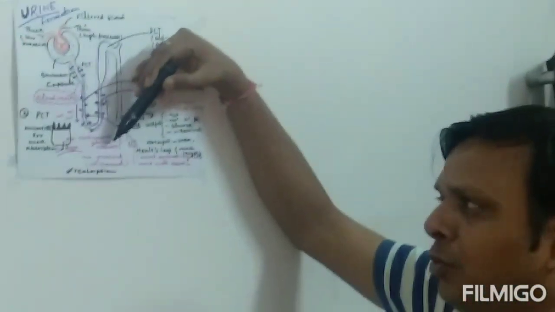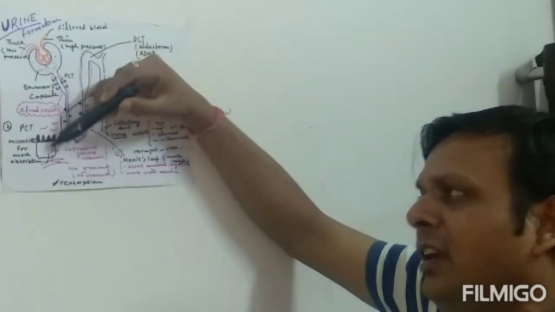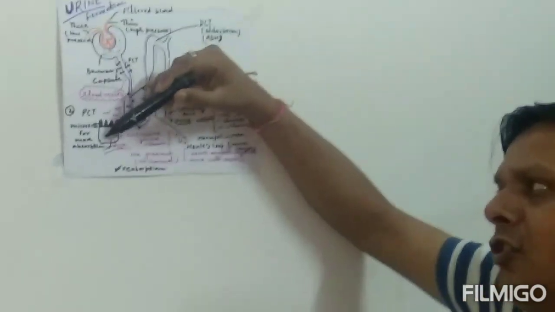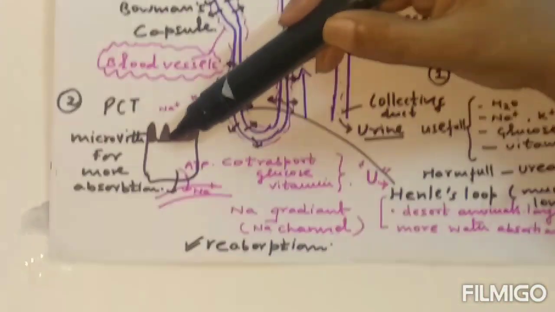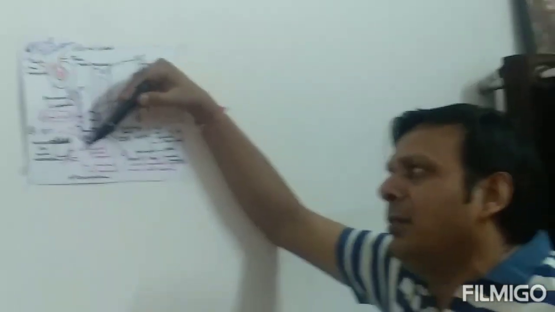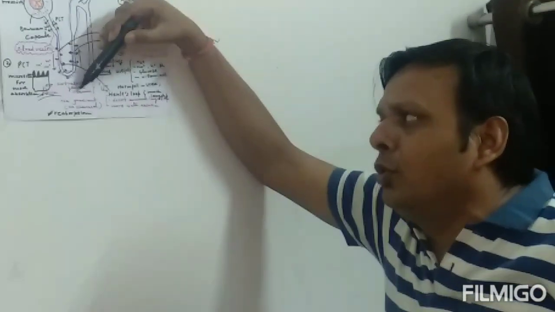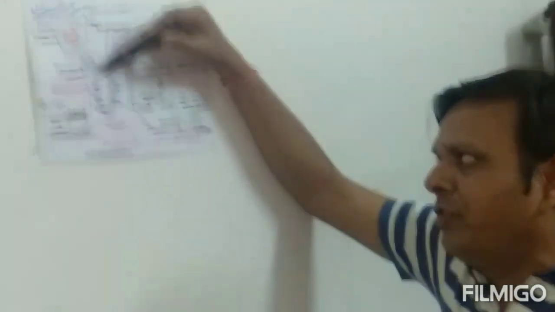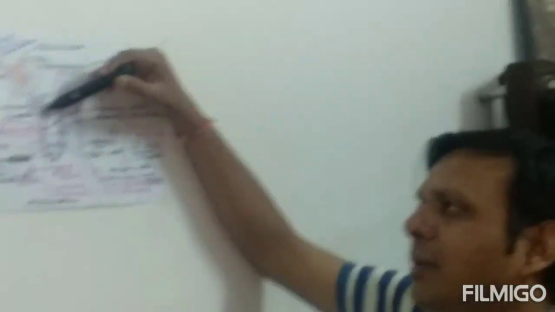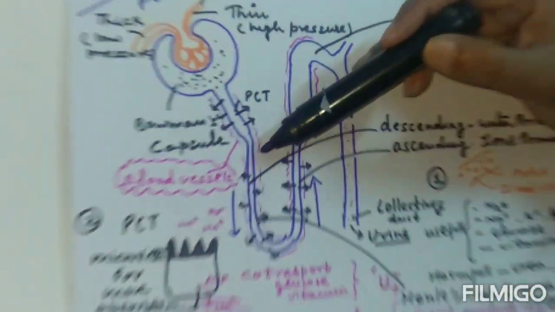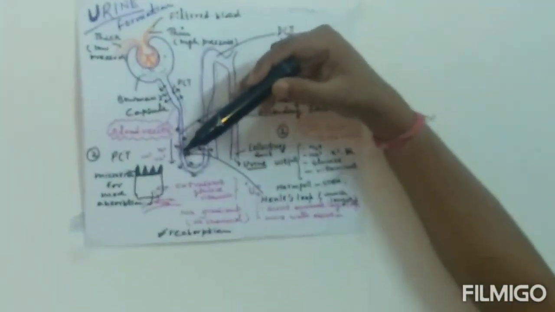which is selective reabsorption. The cells of the PCT are designed for this particular function, and they have a heavy brush border of microvilli which helps in absorption. Here the sodium ions are absorbed, and these sodium ions are co-transported along with glucose or vitamins in a process known as selective reabsorption. After selective reabsorption in the PCT, the useful components of the filtrate are reabsorbed, and the next part of the nephron is Henle's